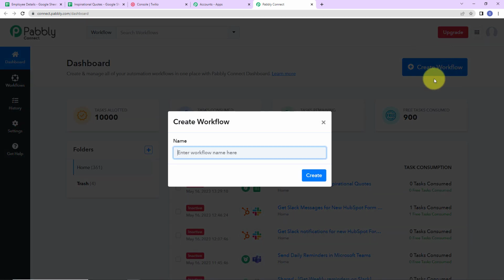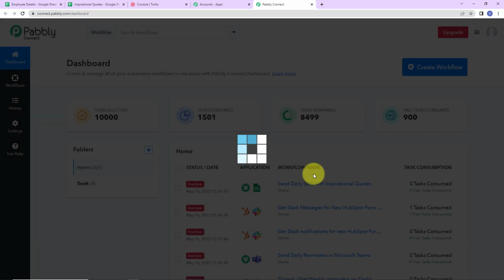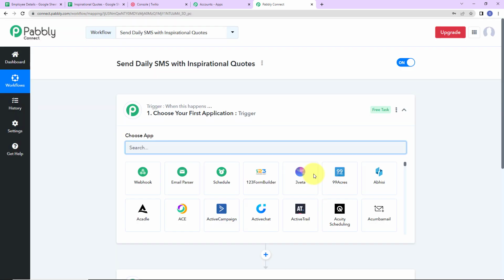Let's click on this. A dialog box has appeared which is asking us to name this workflow. So what is my objective here? I have got a list of customers and I have got another sheet with inspirational quotes. My objective is to send daily SMS with inspirational quotes randomly. So I'm going to click on create here, and as I do that, here we have reached another window